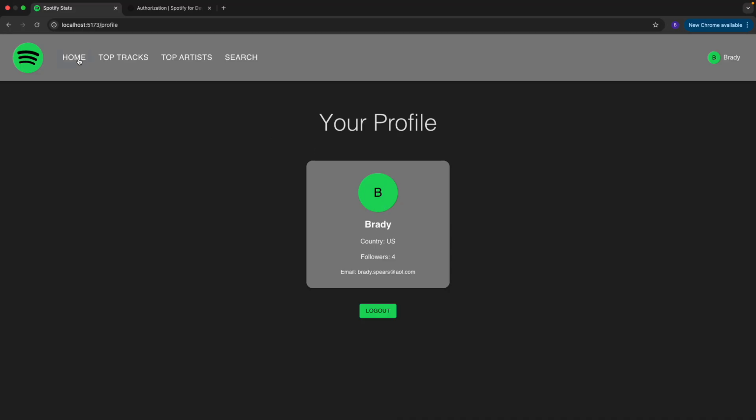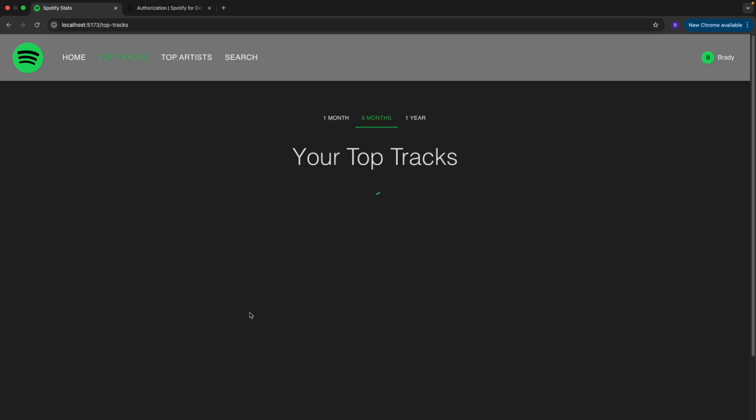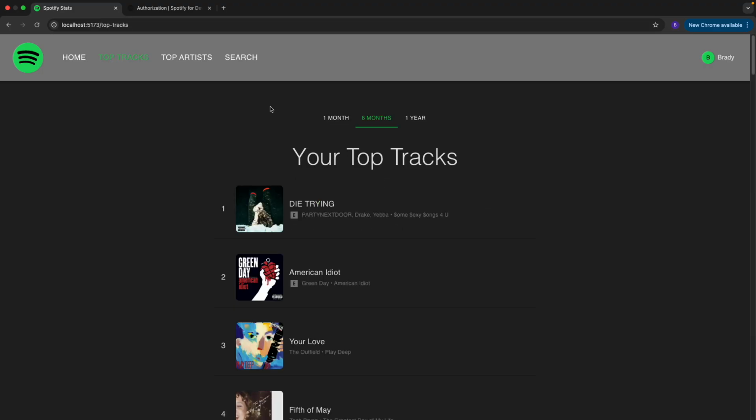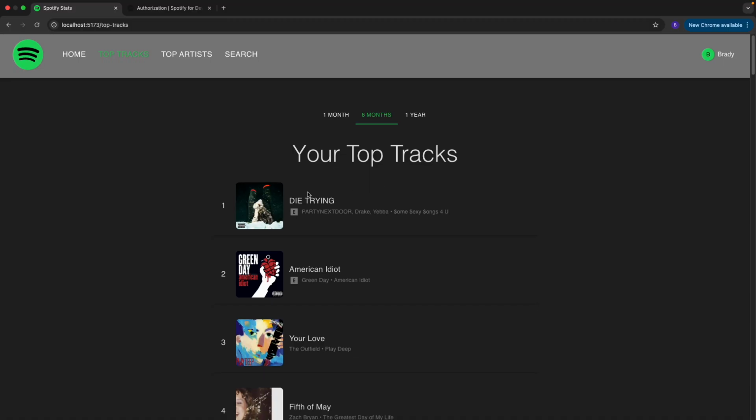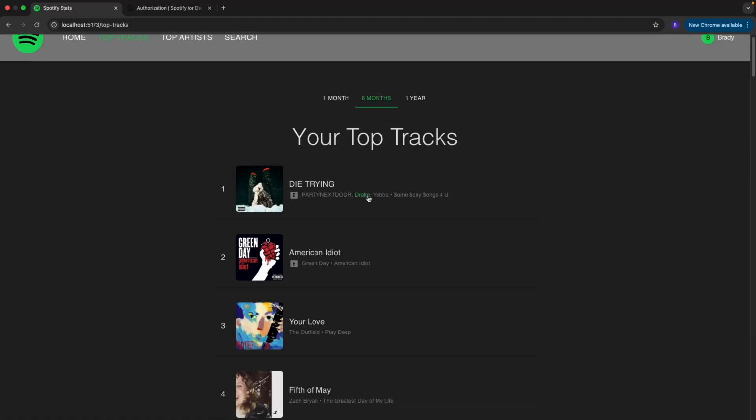So now, if we go back to the home page, these other 2 cards here, let's start by viewing our top tracks. It says that we can see which songs we've been listening to the most over time. So if we go to this page, we can see that we have hit one of our API endpoints on our Flask server, which is pulling our 6-month top 50 songs. So we can see here's a list of the top 50 songs that I've listened to in the past 6